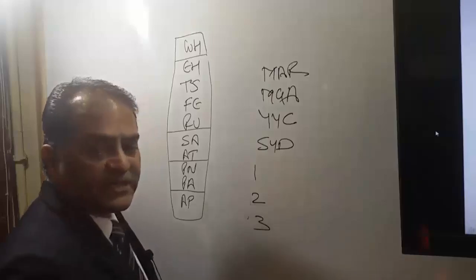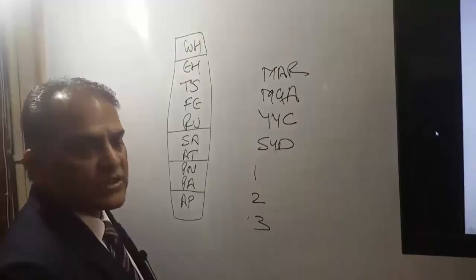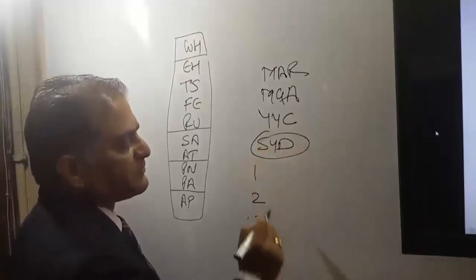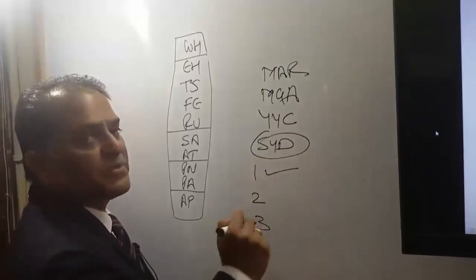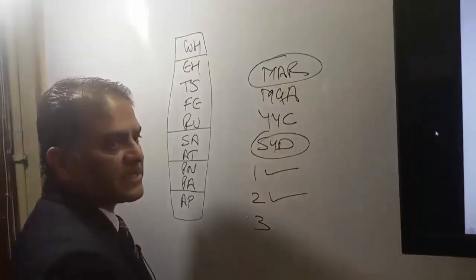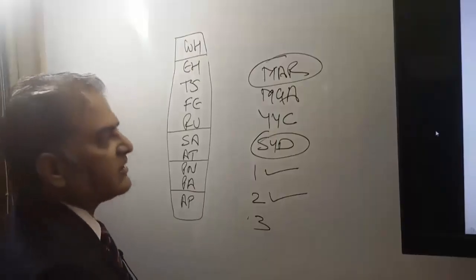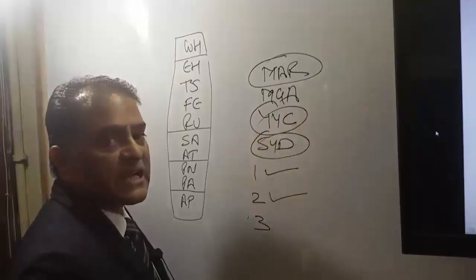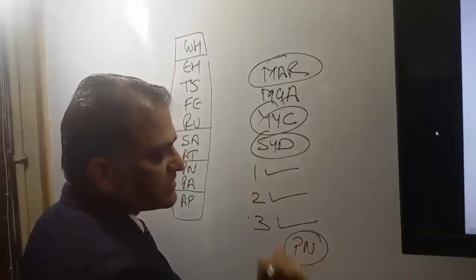means our PN itinerary has to satisfy three conditions. Very first is our journey between Southwest Pacific and South America. So now Sydney is in Southwest Pacific, that means it has satisfied the very first condition. And Maracaibo is in Venezuela, Venezuela is in South America. That means it has satisfied the second condition also. The third condition is it should be via North America. Now Calgary is in Canada. That means it has satisfied the via condition also. So we will consider the PN global indicator for this itinerary.